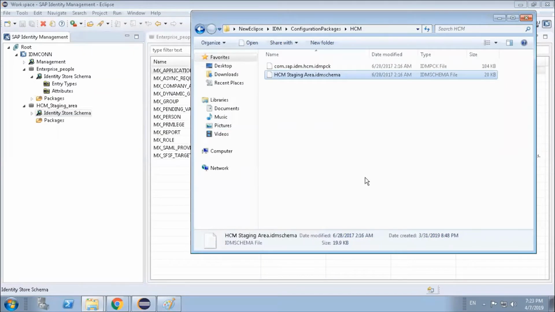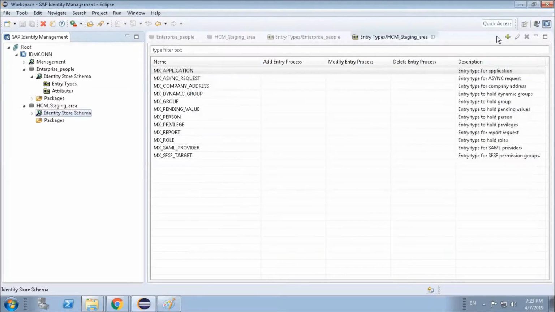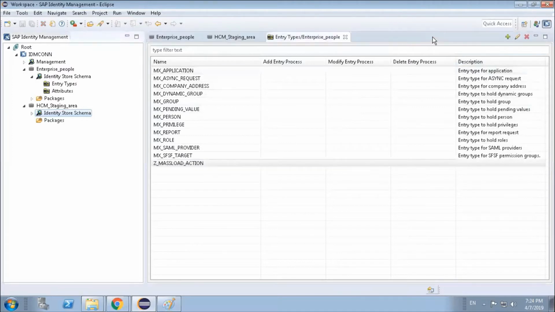In this package, one specific entry type, which is a very important entry type in the case of HR integration, is needed, and SAP provided that entry type. So we have to import the schema as well.